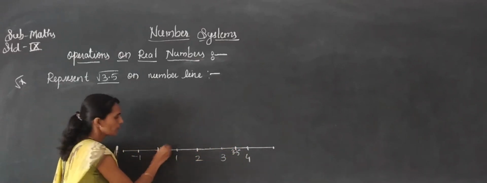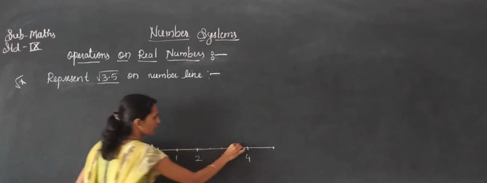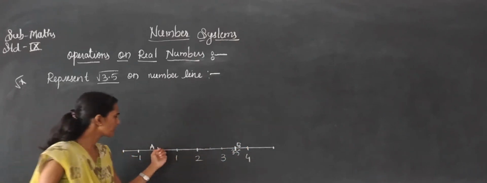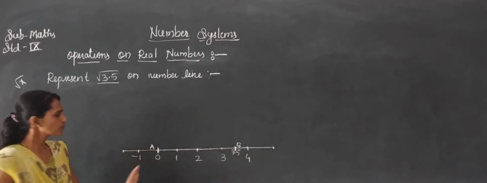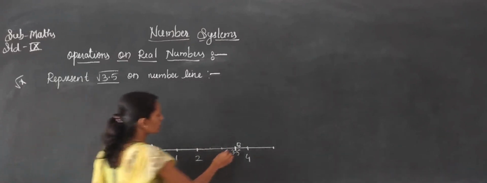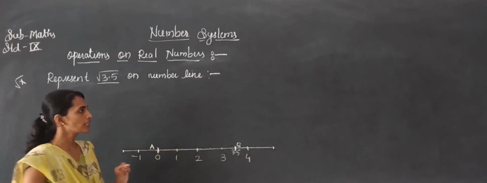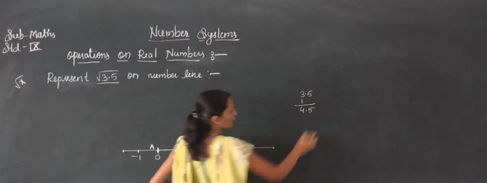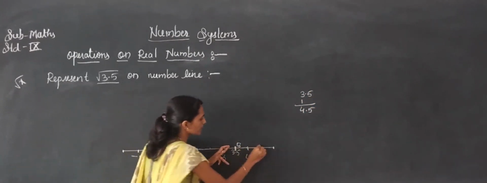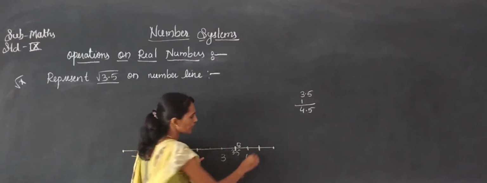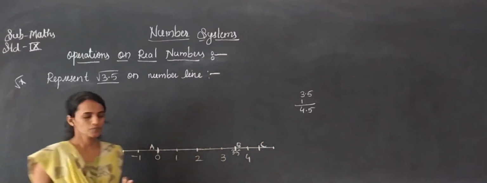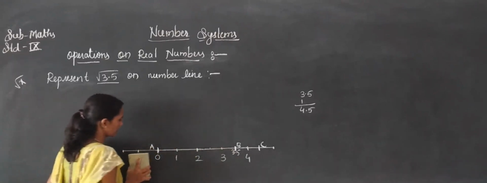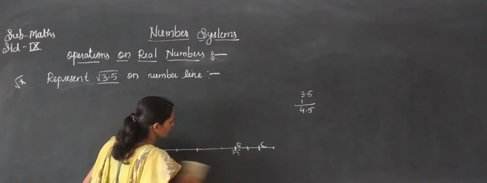So from where to here, you have to give the names A and B. Consider this as A and B here. Don't consider whatever the length is here. Only 3.5 units we are taking on the straight line. Then after 3.5, what you have to do? If you have taken AB as 3.5, then to that 3.5 you again have to add 1 unit. If you add 1 unit, that will become 4.5. Yes or no? So you have to take 1 unit again extra, from here to here. That will be extra. This you have to name as C here. So A to B is 3.5 units. Otherwise I will rub out all the numbers here, only just I show you.